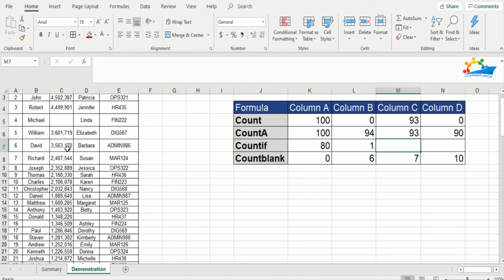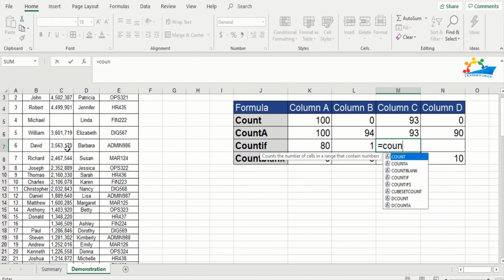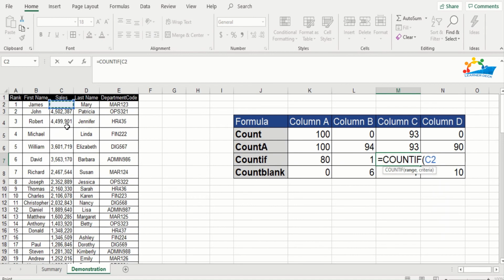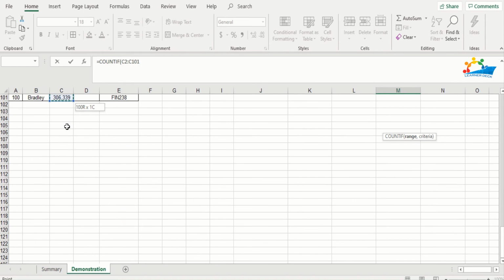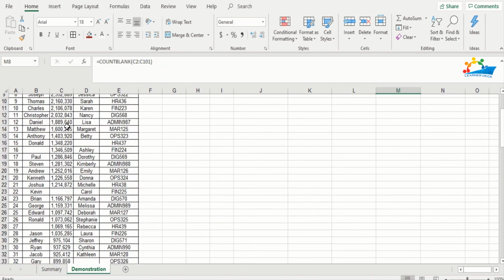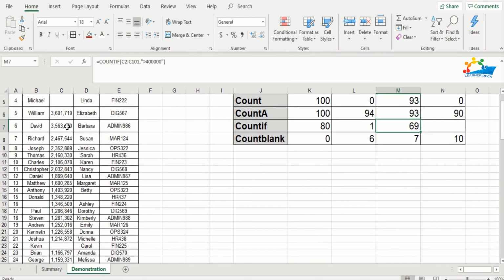This has sales. So you do have lists which have sales or maybe revenues, profit, etc. So what I'll do is I'll use COUNTIF and I'll say that my range is column C. Here is my range, which is C2 to C101, and within inverted commas I'll say I need all the sales figures which are actually greater than 400,000, the count of all these figures. 69, wonderful.